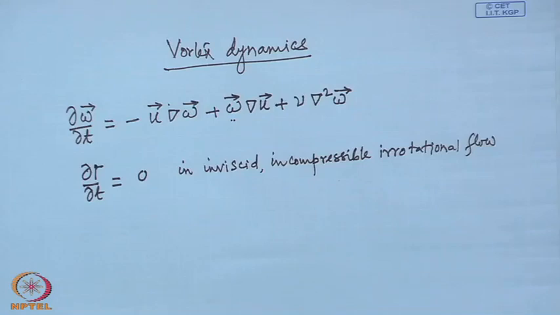In deriving this equation, if you remember, we considered the definition of circulation, the line integral of velocity about a material closed curve, and then we differentiated it. For the term du/dt, we replaced it with the incompressible inviscid Navier-Stokes equation, or Euler's equation. You can derive the same equation, but replacing du/dt not by Euler's equation, but by the complete Navier-Stokes equation, retaining the viscous term, and then this will give